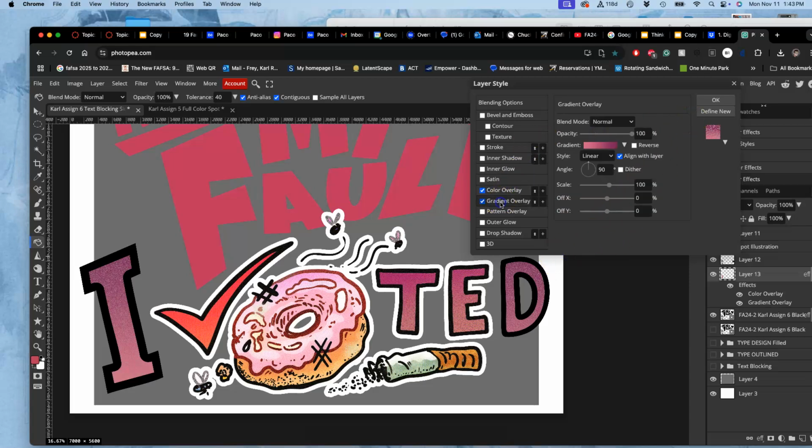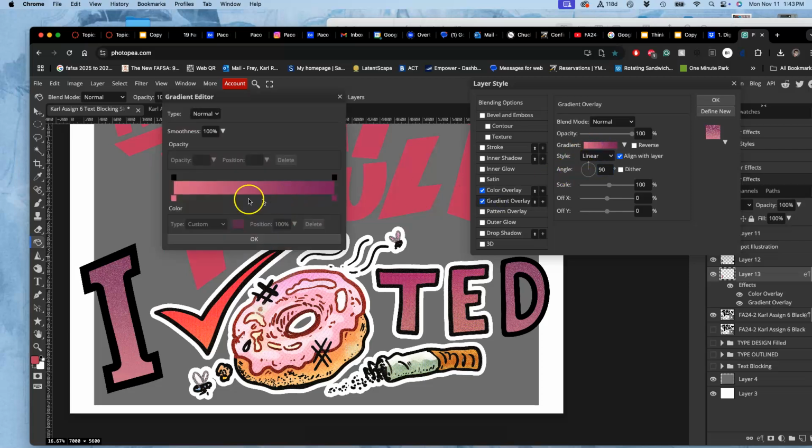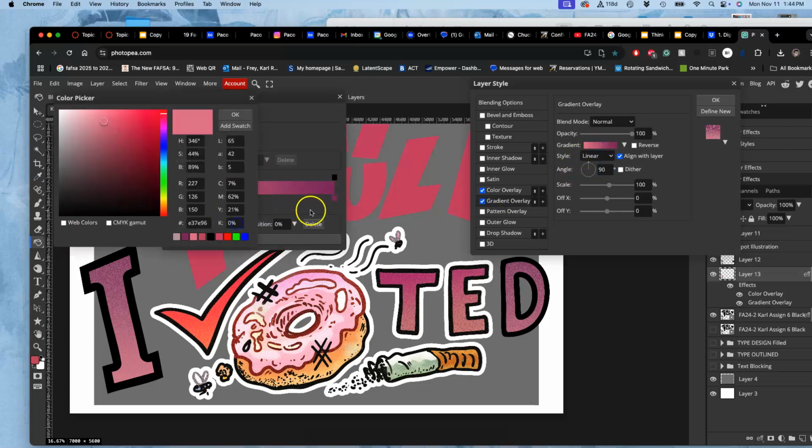So I go back to the gradient, and I'm going to heighten these. Just push them a little bit stronger until it looks right. Maybe warm it up a little. Yeah, it's getting closer. There we go. Okay, and then